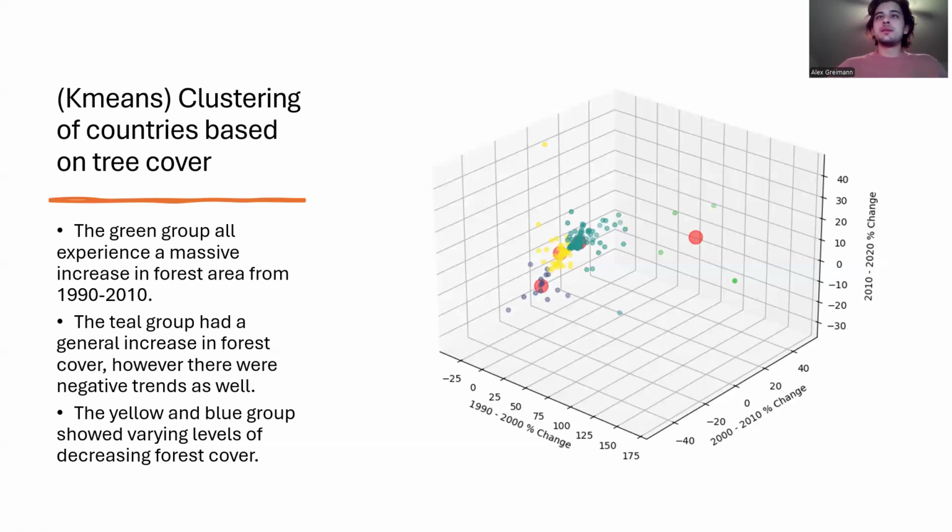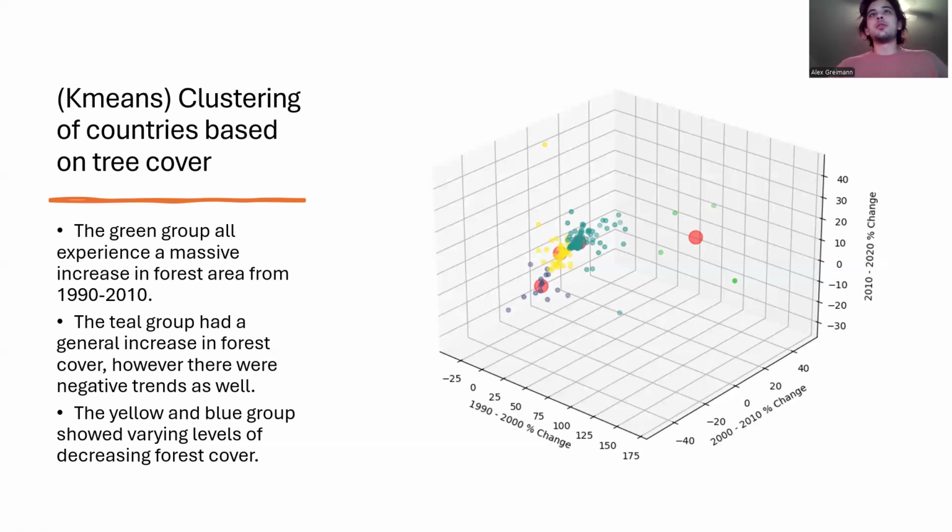For the green group specifically, there were only 4, but I think it's valuable to look at the similarities. I was curious if they would be similar in geographic location, but they were Cape Verde, Iceland, Kuwait, and Uruguay, the 4 countries that were part of that green group. And so no seemingly obvious connection. I didn't make any obvious connection between the 4, but as I looked into it,